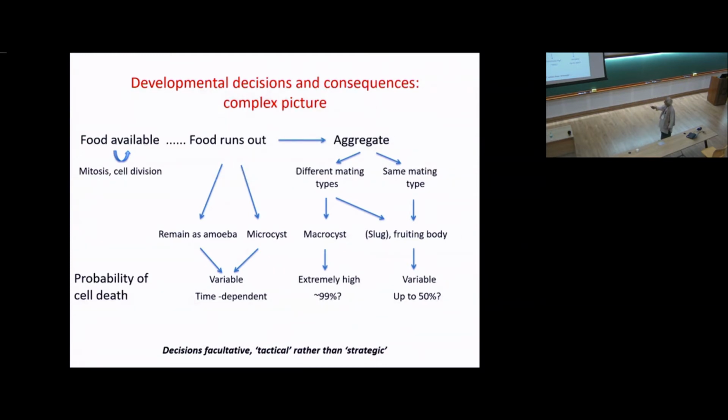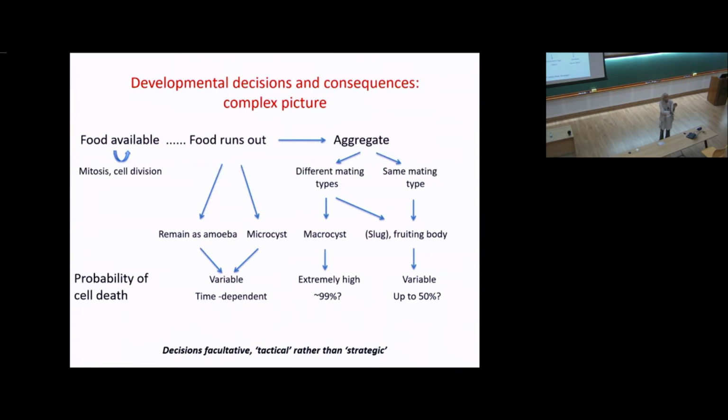In this case, which is the case that we are looking at, the probability of cell death is variable. A while ago, I told you that 80% was the proportion of spores, in which case the probability of cell death would be 20%, but it can vary depending on the species. It can go up to 50% in our experience. So the only point I want to get across is that